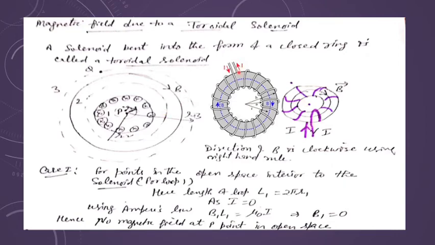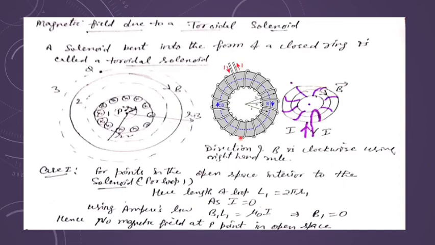If the current is passing, in the diagram you can focus on, this is the value of the field. Magnetic field is in the center only. Outside there will not be any magnetic field. Similarly here in the open space where there are no coils, again the magnetic field will be equal to 0. So I am taking three points: one at the central core, the second point here in the middle, and the third point at the outside. At these three positions you have to find the value of the magnetic field.